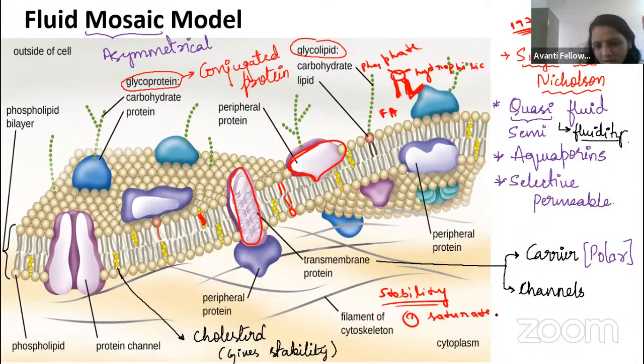If the plasma membrane consists of more saturated phospholipid, now you tell me, saturated fatty acid means will it become solid or liquid? Tell me, guys. If it contains more fat, yes, Lakan, correct. If it is consisting of more saturated fatty acid, whether it will become more solid or liquid? Tell me fast, guys.